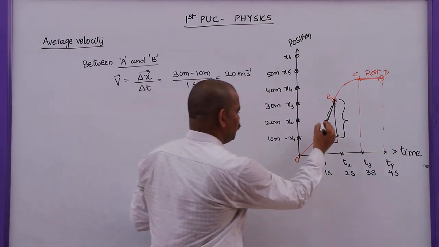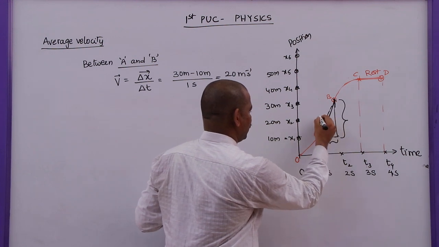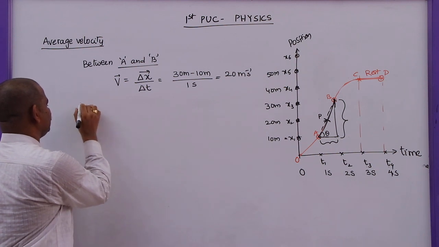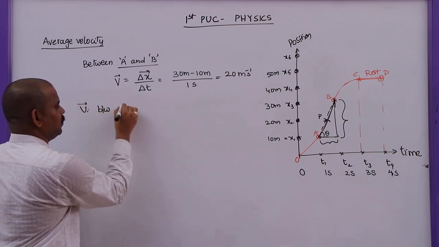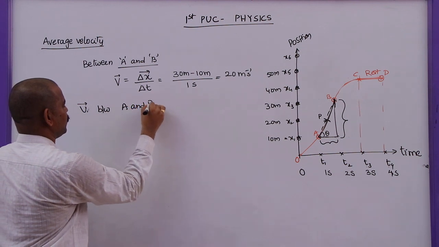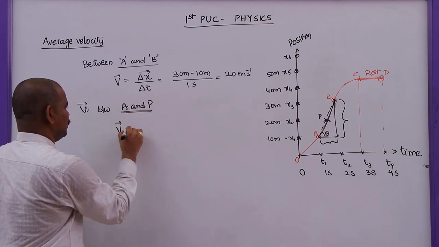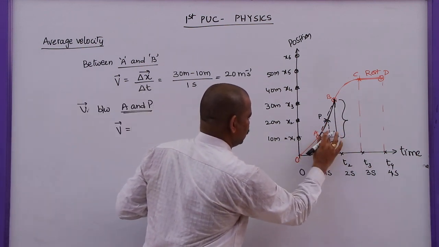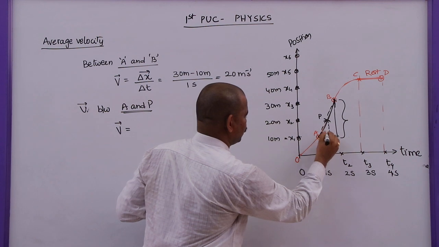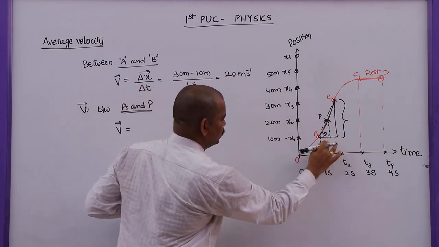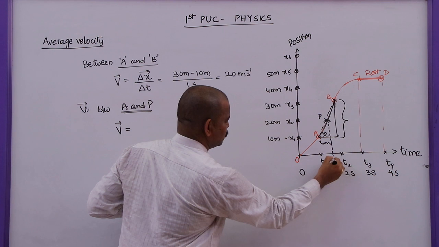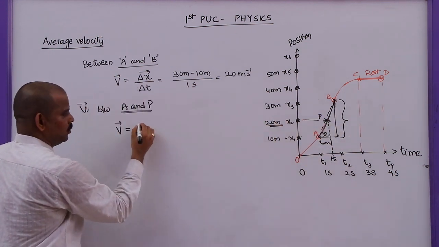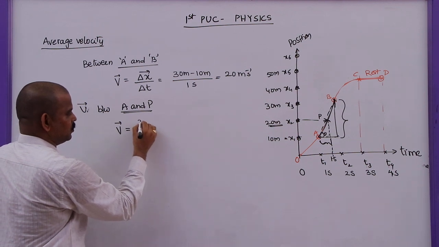Okay. Now, if you take an intermediate point here, which I will take as P, what is the velocity, the V bar, between A and P? So this V bar is given by, now we will get one more triangle here, a small triangle when compared to the previous one. Now this time interval will change. This is 1.5 seconds and this is 20 meters. So now let me write this one.